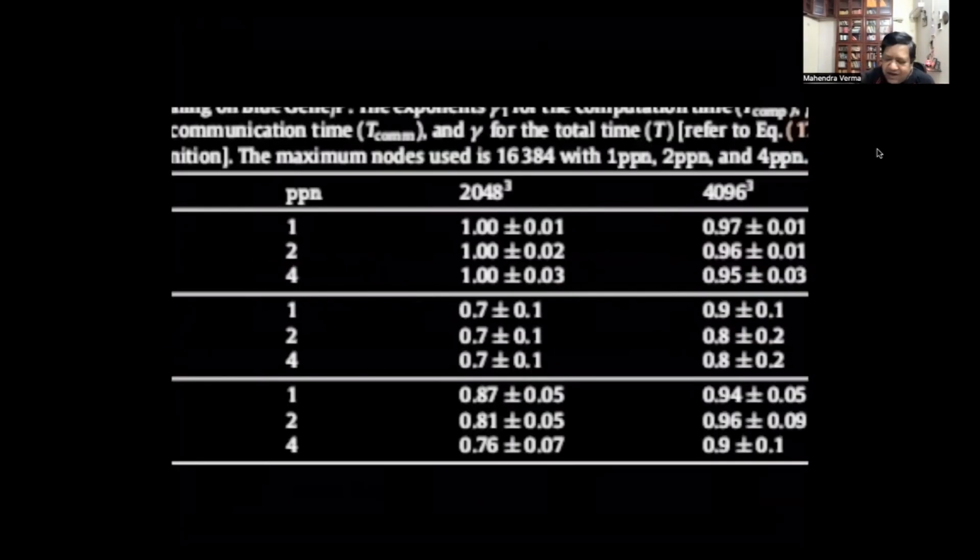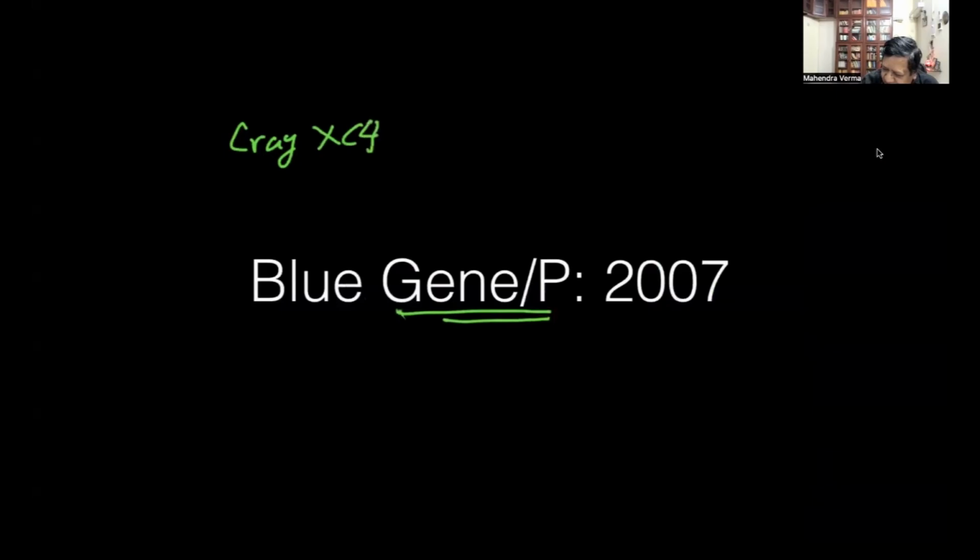Now, one more run we did on an older machine. In fact, at one point, SINE had both the platforms, BlueGene as well as Cray. So that was Cray XC40. What I described in the previous run was Cray XC40. Okay, and we used all the nodes. Whatever was available, we used it. So this is called using the whole machine. Okay, normally nobody uses the whole machine. In fact, we're not allowed to use the whole machine. What will other users do? But to test your code, you should use the whole machine.